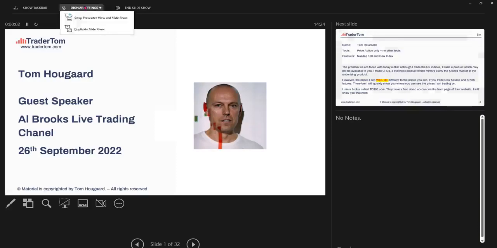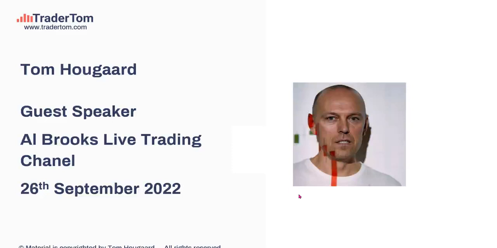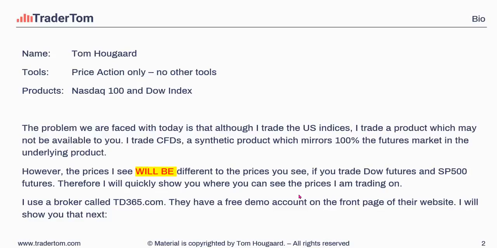because what you need to know is a couple of things. I trade CFDs, so this is going to be real quick, and I hope that this is going to go. Okay, my name is Tom Hugert. I trade price action only, so don't be looking for moving averages or any other tools. I trade NASDAQ and the Dow Jones, and I know most of you will be trading S&P 500,